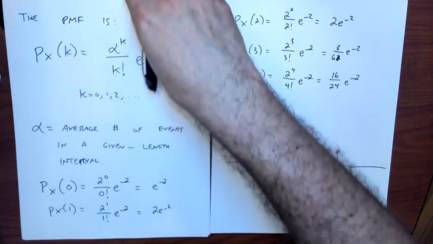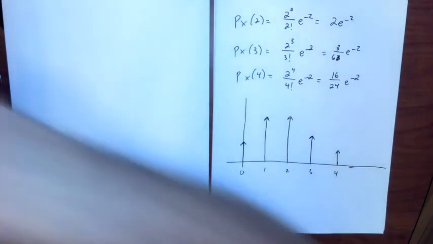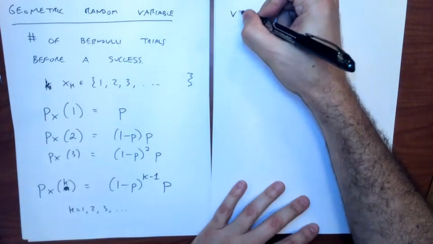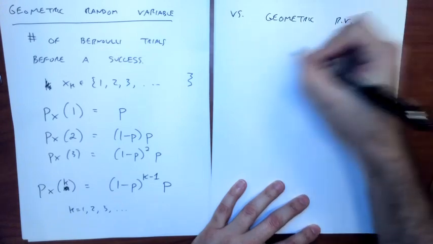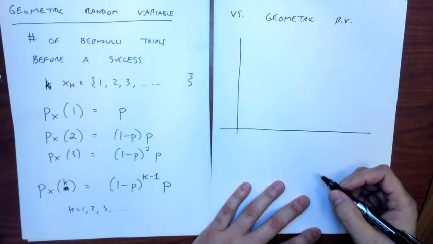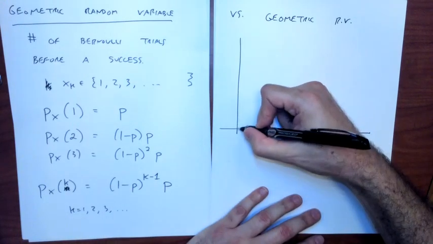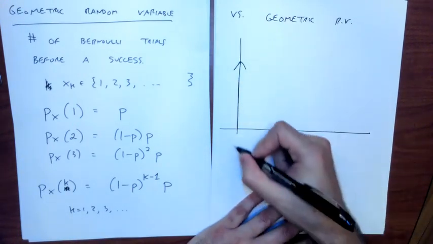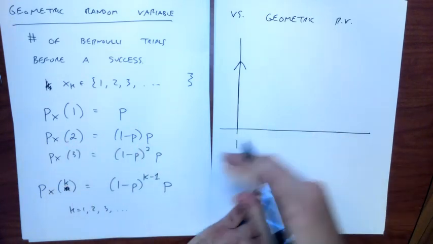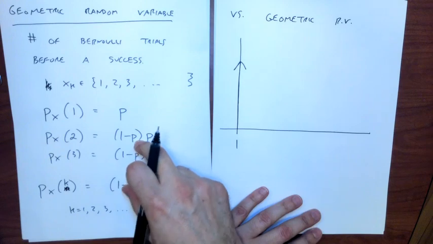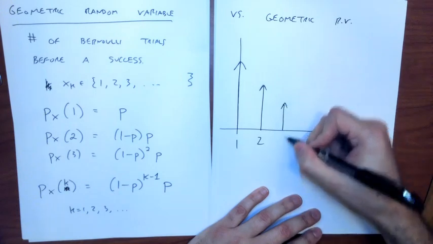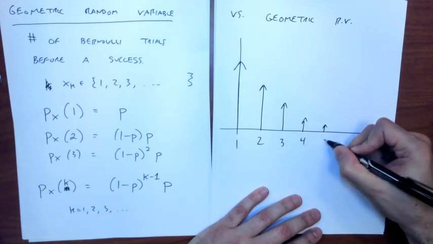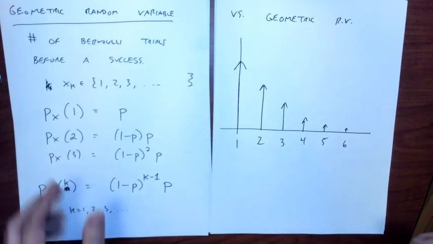So let's just compare this for a second. I'll put this back in a second. If I think about what a geometric random variable looks like, I think we covered this in a previous lecture. If I have one trial, the probability is p, then the next trial is p times 1 minus p. 1 minus p is some smaller number, so this number has to be less. Then I'm multiplying it by, again, some smaller number. So I know that for a geometric random variable, things can only get less probable as I go on, whereas